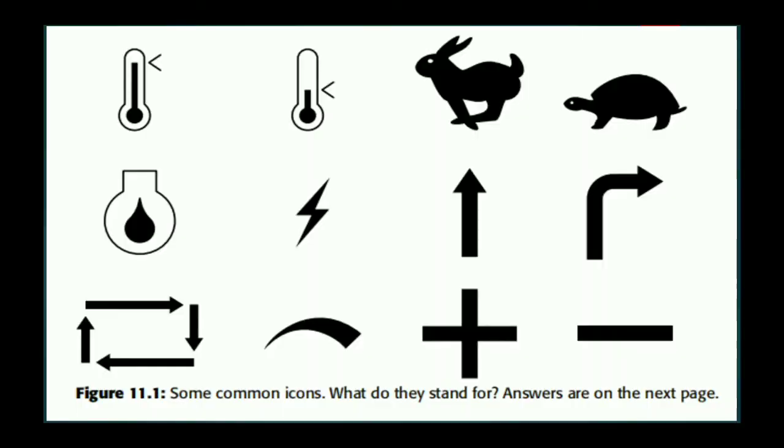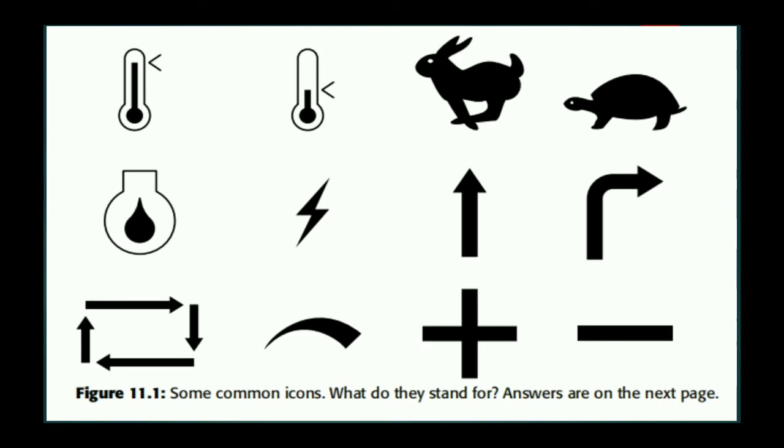Coming to the next topic, these are some examples which are shown to you. These are different icons having different meanings. You all who are watching this video can guess the meaning of these icons. On the left hand side, the top icon, the thermometer, you can see the temperature is very high. So this icon has a meaning of something which is very hot. The next icon, the temperature is very low, you can say cold.